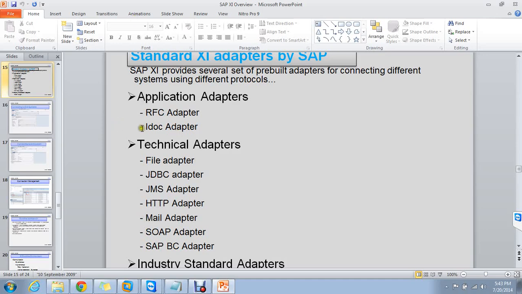This first section shows you the application adapter. Application adapters are nothing but adapters used to exchange data between SAP systems. Only SAP systems. That SAP system may be SAP SD or SAP CRM or SAP BW or anything. The application adapter is an adapter used to exchange data between only SAP applications. So, for exchanging data between SAP